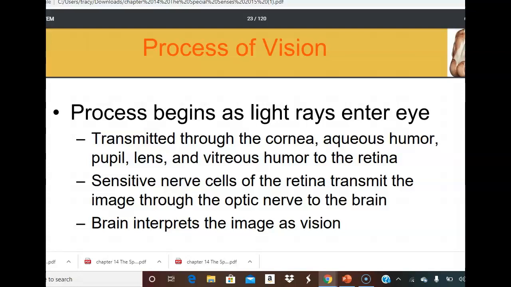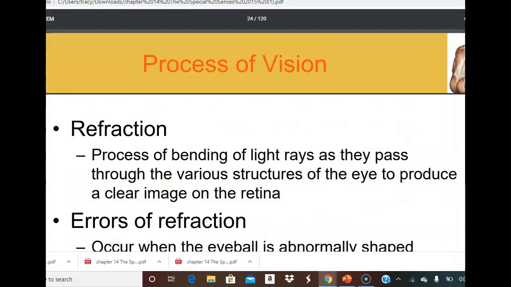Then the vitreous humor also acts, and then the combination of those things then hopefully will give us a focused image on the retina. Okay, as long as the retina is intact, then those photoreceptor cells can transmit an image through cranial nerve number 2, which is the optic nerve, to the brain, and the brain interprets that image as vision. Okay, remember we're dealing with the occipital lobe, which is posteriorly. Okay,